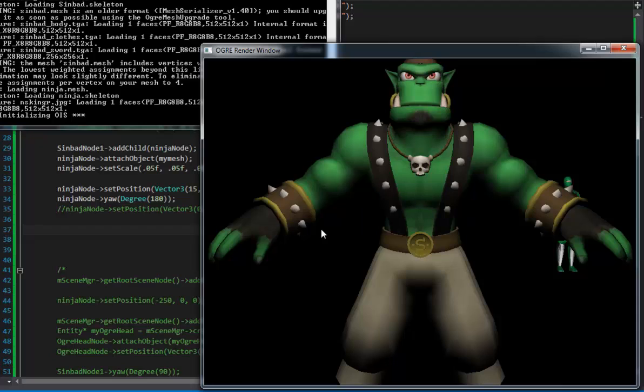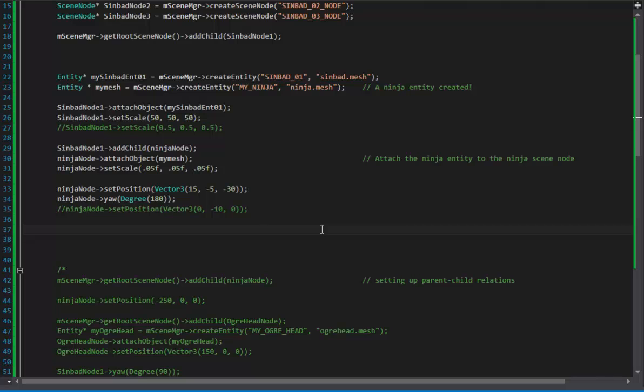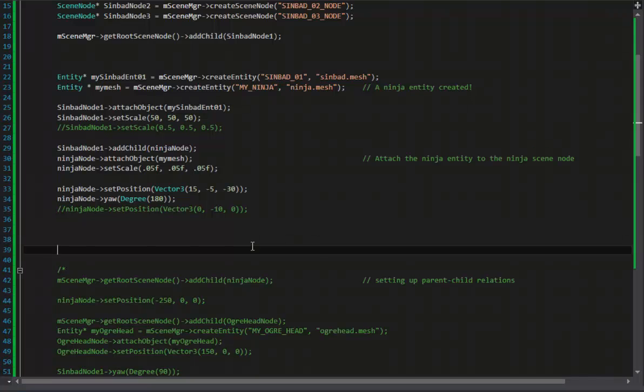The good news is that the Ninja is parented to Sinbad. So if I rotate the Sinbad node, both the Ninja and the Sinbad would rotate. And the rotation that I would apply, let's see, I want them to be rotated along the x-axis. And if I'm remembering right, it's the pitch. So I'm going to set the pitch of Sinbad